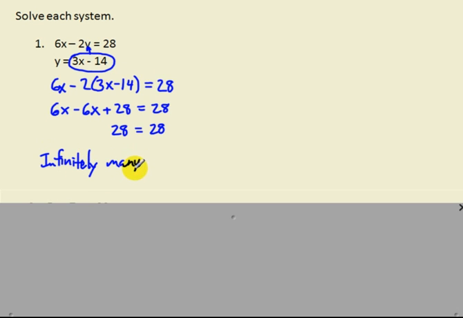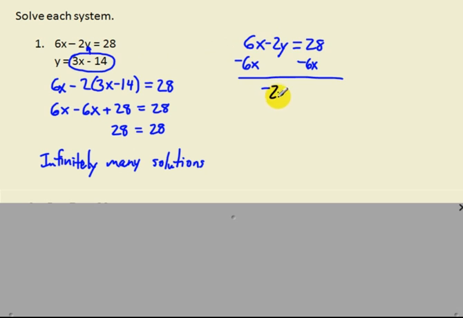Let's take a look at why that is true. Notice that the second equation is already in slope-intercept form. We know we have a y-intercept of negative 14 and a slope of 3. Well, what if you take that first equation and rearrange it in slope-intercept form? If we subtract 6x from each side, we get negative 2y equals negative 6x plus 28, and then divide by negative 2,